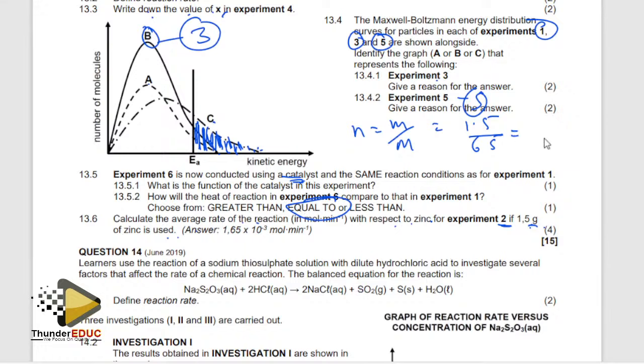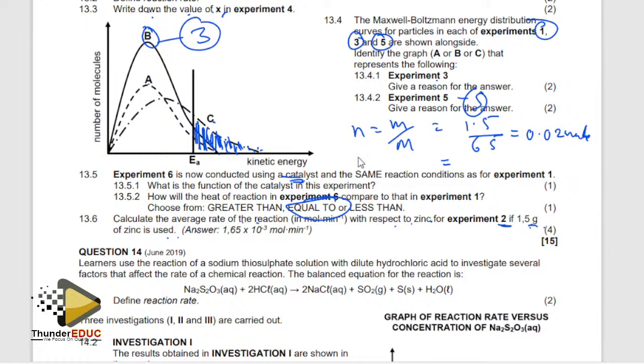So here you find the answer, maybe 0.02. It could be 0.02 there. If you divide with this, 5 cancels 1. Use the calculator and then find out. And after that, now I have the number of moles. These are the number of moles. So don't forget that